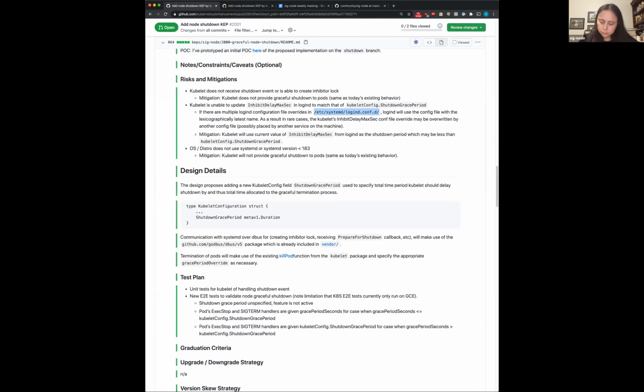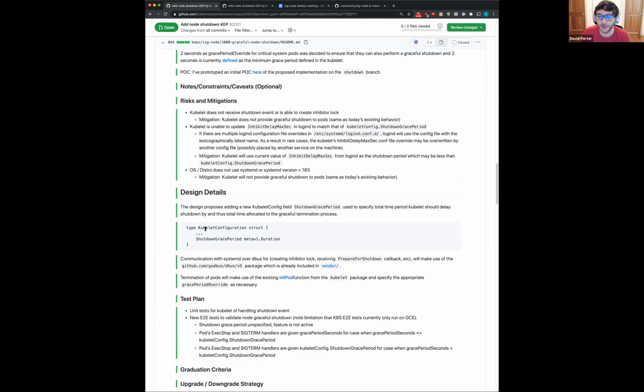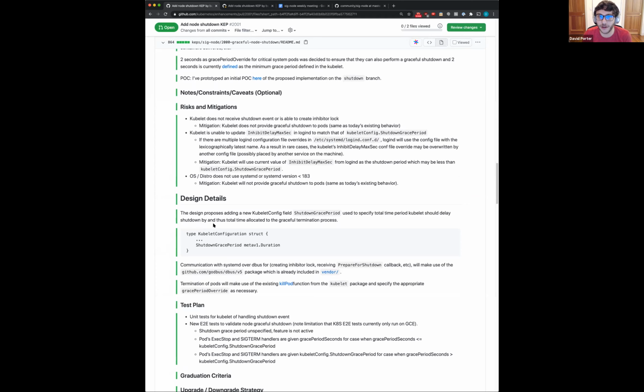Yeah, okay. And then the other thing I wanted to mention in terms of the design here. We're making use of the systemd inhibitors, right? But as Mark mentioned in the chat, it makes sense to make this a little bit more extensible, like behind an interface or something like that, that could be implemented by potentially other init systems or on Windows. So that's the other thing I'm thinking about. If anyone else has any feedback, I would appreciate any comments on the KEP. Thanks so much to everyone for looking at it so far.